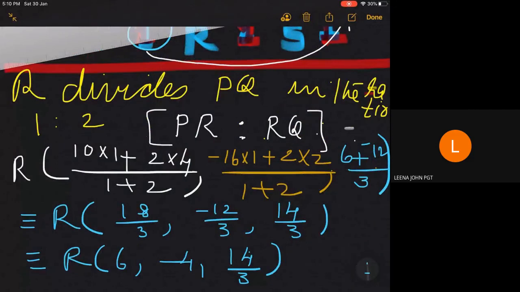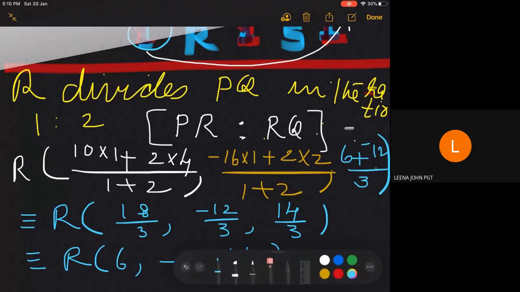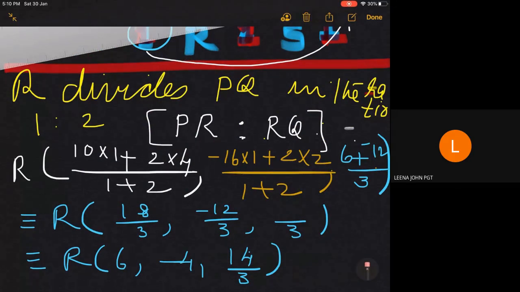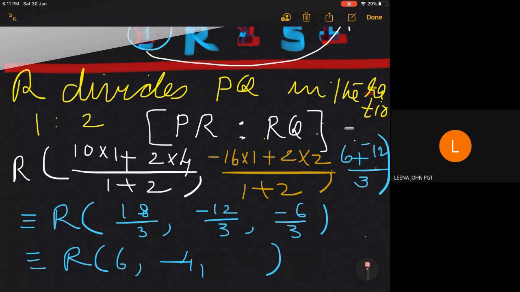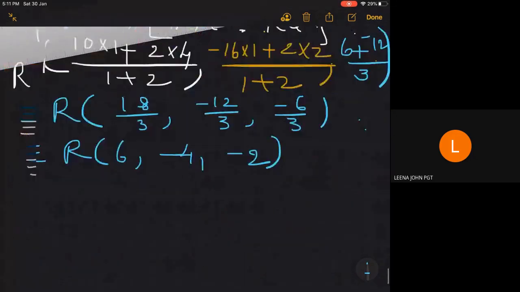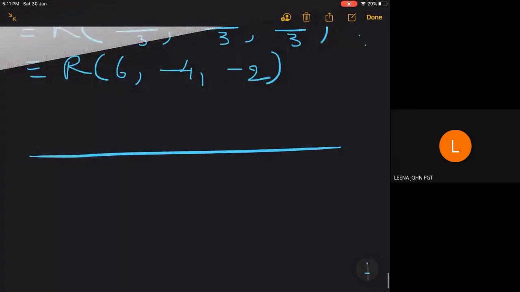So this becomes minus 6, and finally this answer is minus 2. Similarly, to find the other coordinates, if you take this line